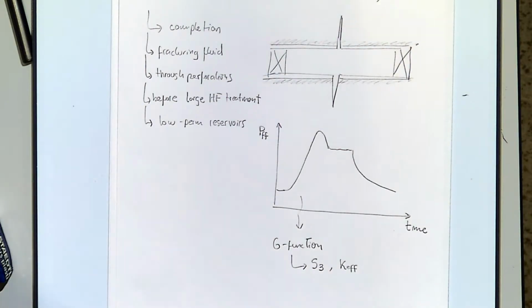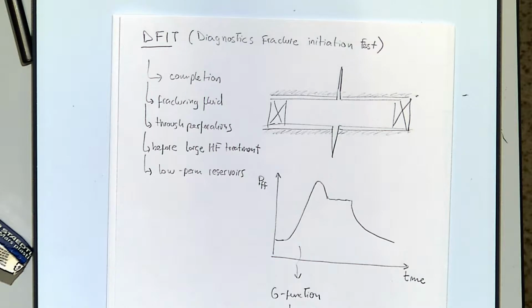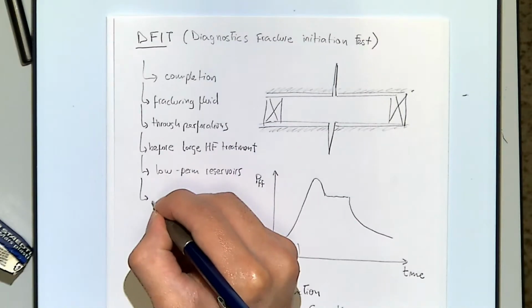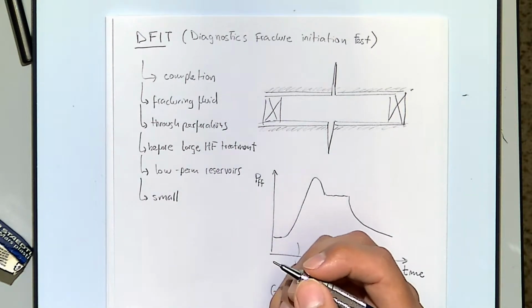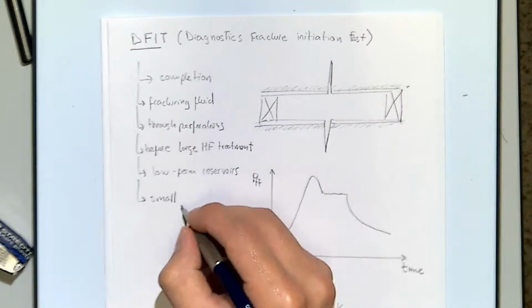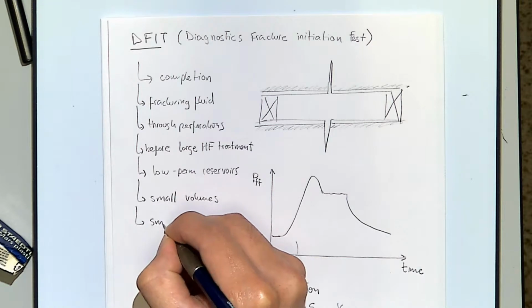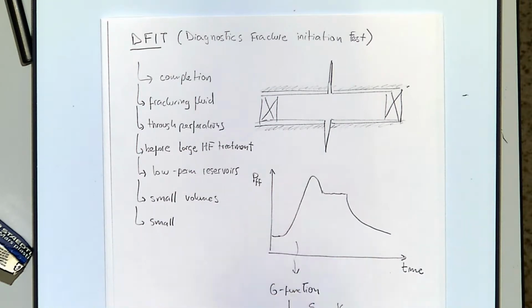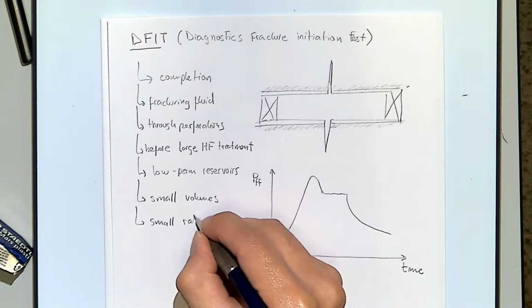The second one is the DFIT test, done during completion in order to predict the fracture propagation pressure, so you can design your pumps and everything associated with it. And in this case, you do want to do hydraulic fractures. And the third case